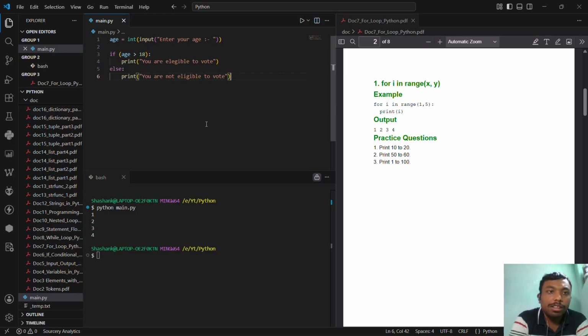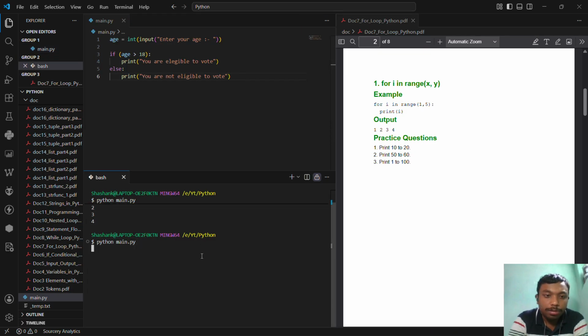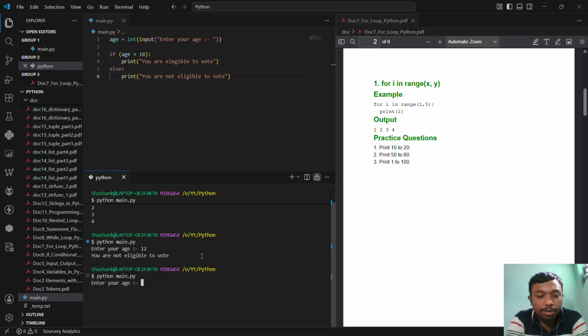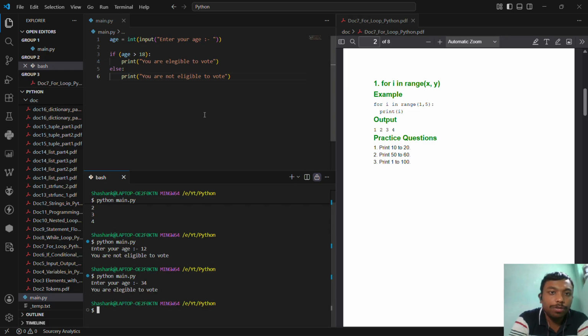Here see this example. In this example, if you want to check whether you are eligible to vote or not, you have to run it one time. Just enter your age. For example, age is 12, you are not eligible to vote. Again, if you enter, let's say, 34. So you have to run it multiple times. But if you use for loop,